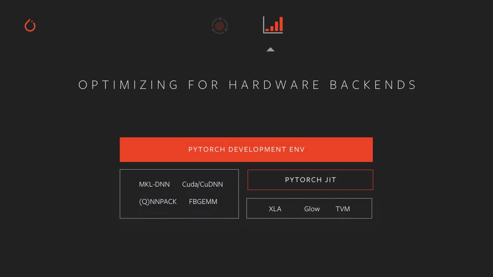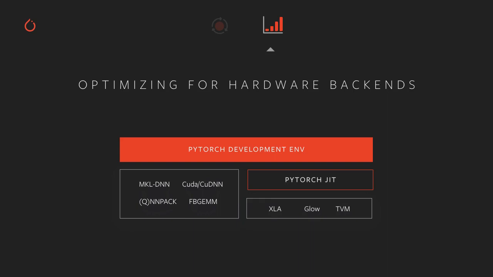So of course we support the canonical MKL or MKLDNN and CUDA and cuDNN, but we also support things like QNNPACK, and then in an upcoming release we'll support XNNPACK, developed by Marat Dukhan over at Google and previously at Facebook, and then of course the PyTorch JIT, which really provides this great compiler pass and JIT compilation support within the framework, and this eager to graph mode path,